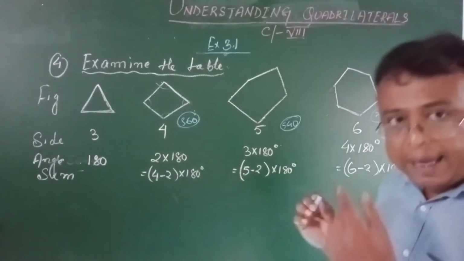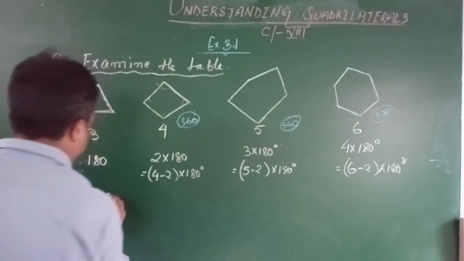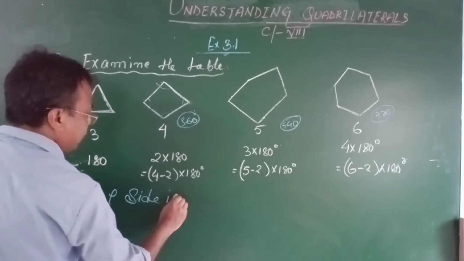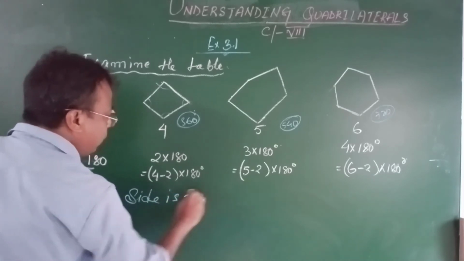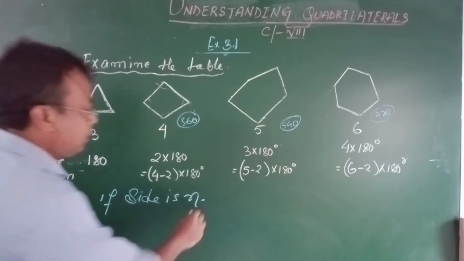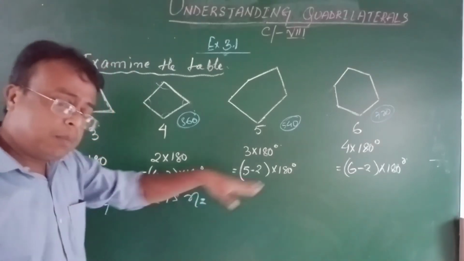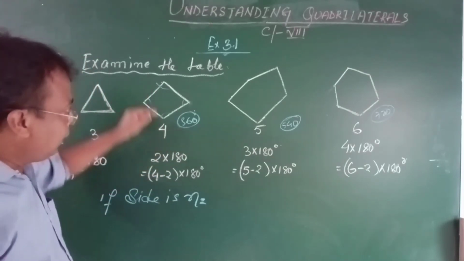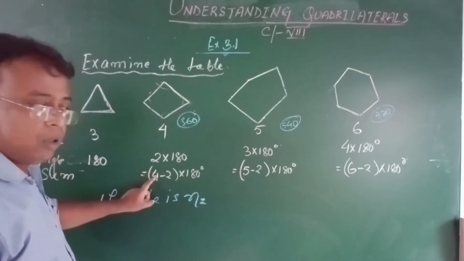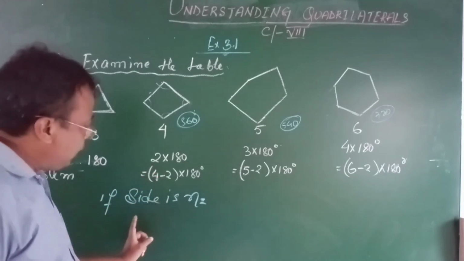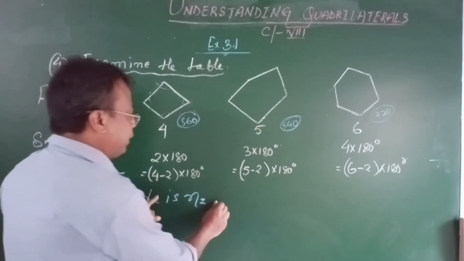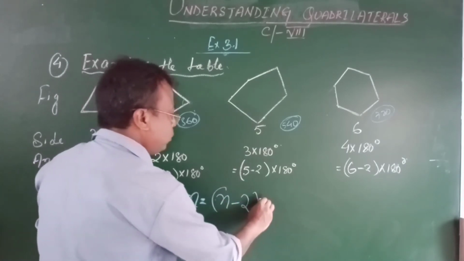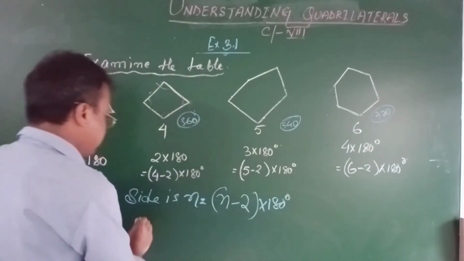So if the side is n, then what will be the formula? By seeing the pattern you can write. Now see, if the side is 4, here it is coming 4. Here I am telling, if the side is n, in place of 4 you can write n. The other thing is the same, n minus 2 into 180 degree. Means